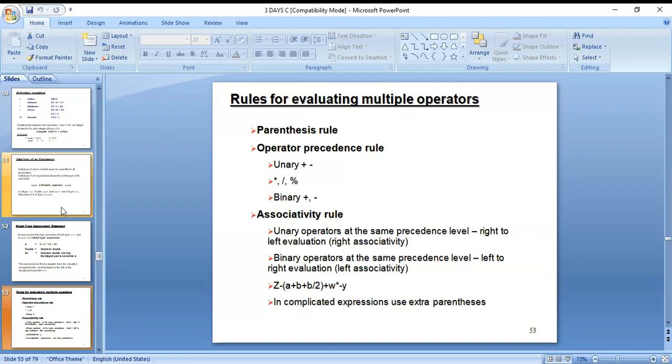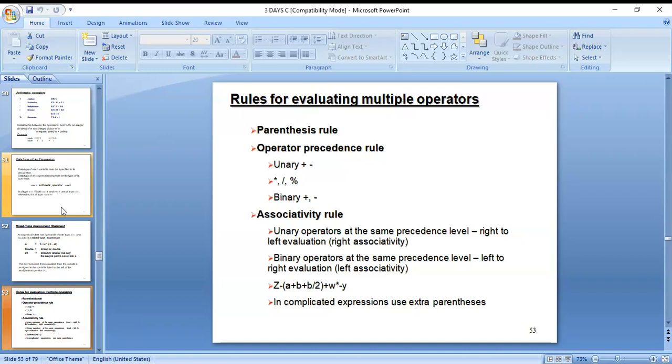Rules for evaluating multiple operators: the parenthesis rule, and then the operator precedence rule. These are the precedences. First precedence is given to unary plus and minus, then multiplication, then division, then modulus. After that, binary plus and minus.